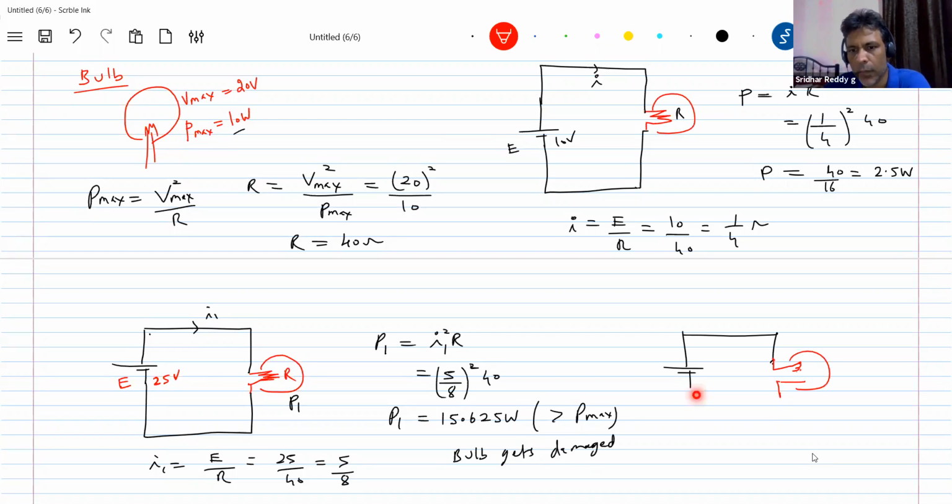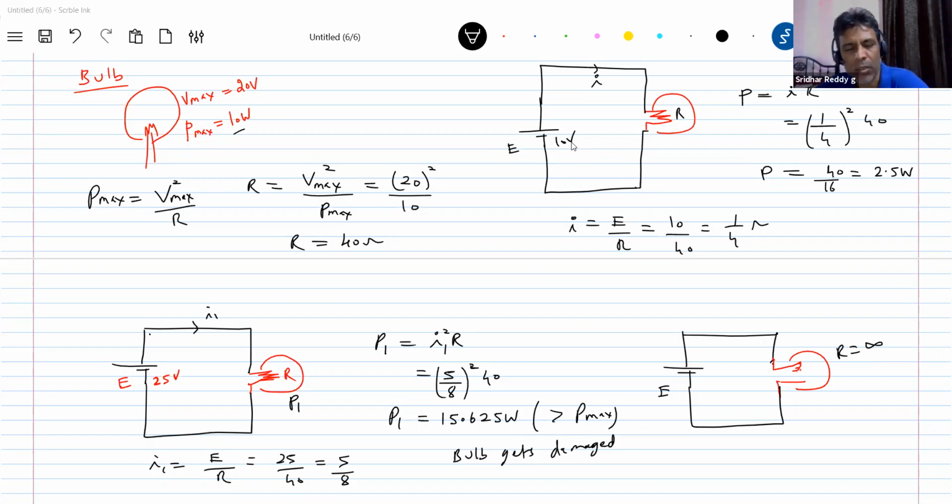In place of the bulb, now what should you assume? An open circuit. No current will flow, because R will now become infinity. I think this is what happens nowadays. We have LED bulbs, but if you purchase any filament one, you get this. It will become an open circuit. The bulb gets damaged permanently. It's over. You have to throw it in the dustbin.